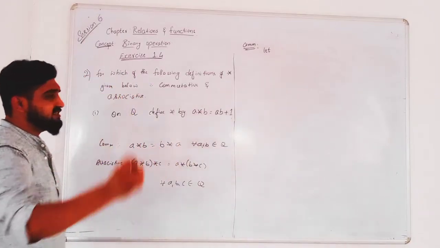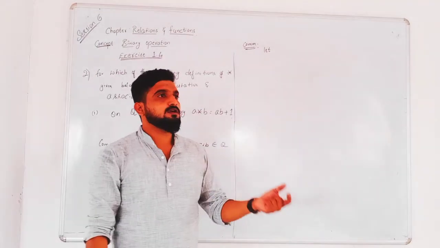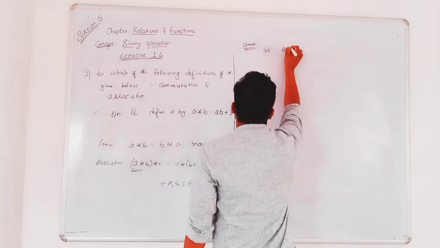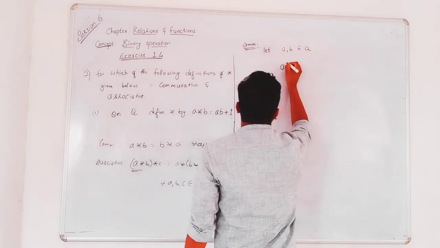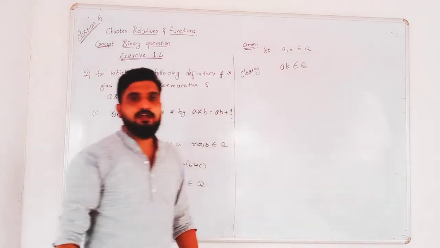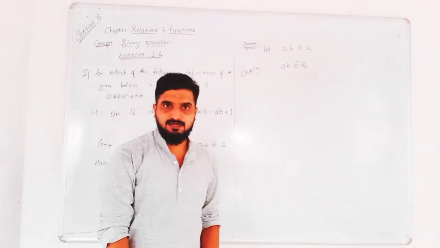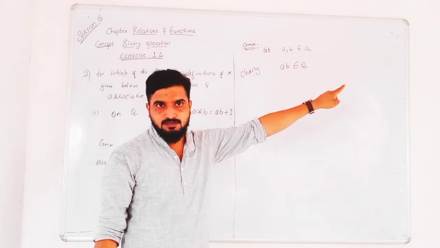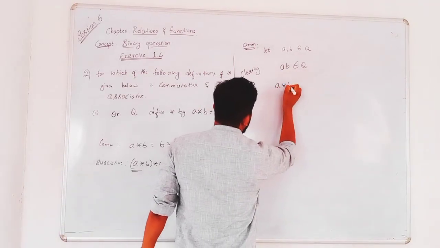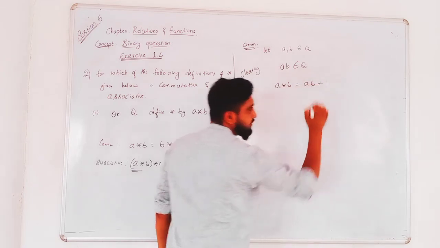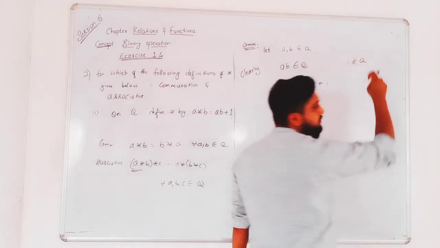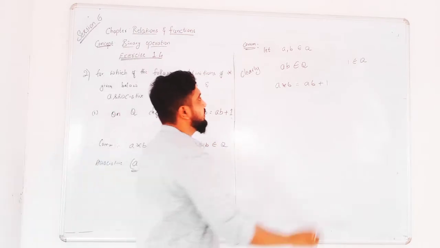Listen here. You already know that the product of 2 rationals is again a rational number. So if A and B are rational numbers, let A, B belong to Q, then clearly A into B also belongs to Q. If A and B are two rational numbers, then the product of two rational numbers is again a rational number. So AB is rational. So A star B is equal to AB plus 1. Now clearly you know that 1 also belongs to the rational numbers. 1 is a rational number. Okay, now this is rational.